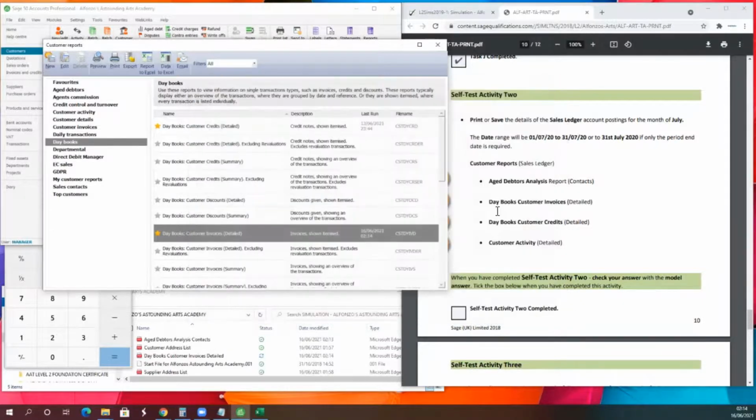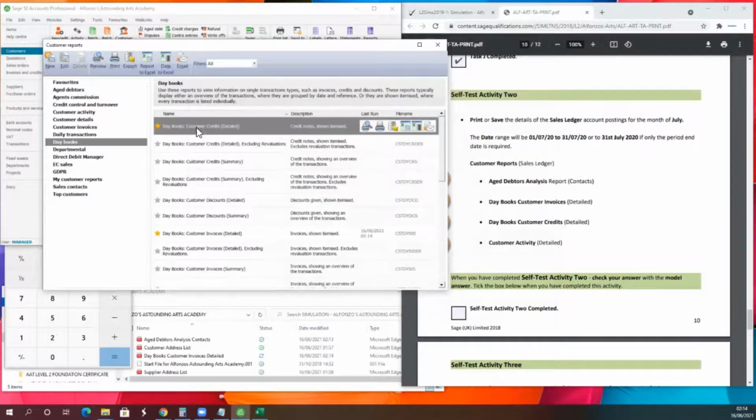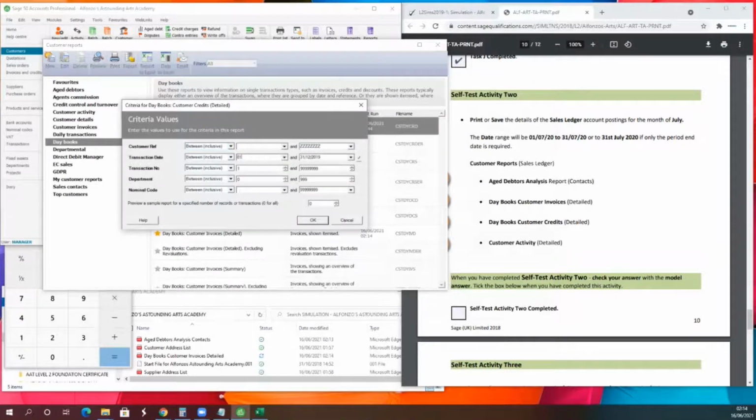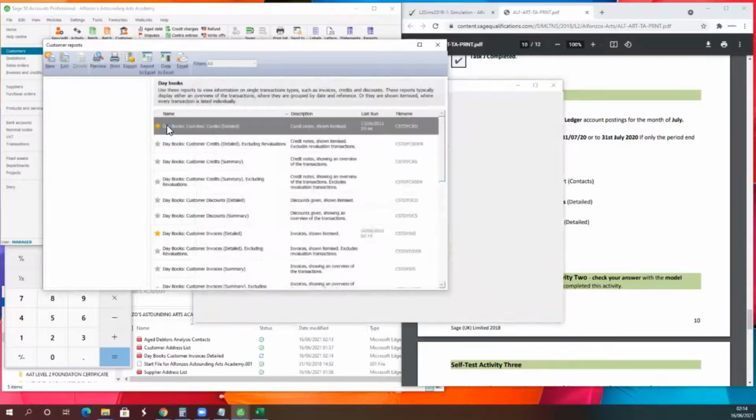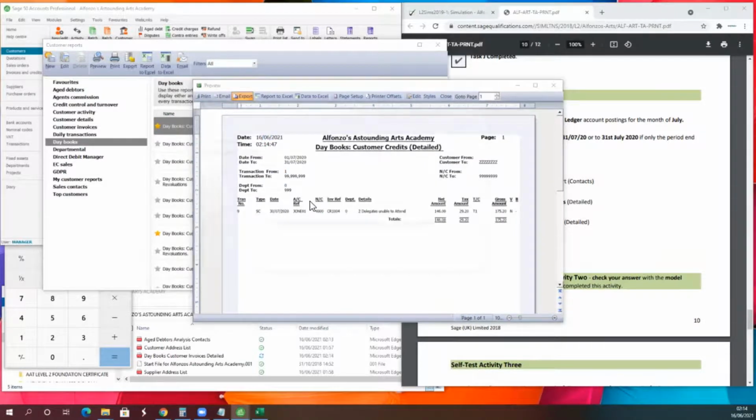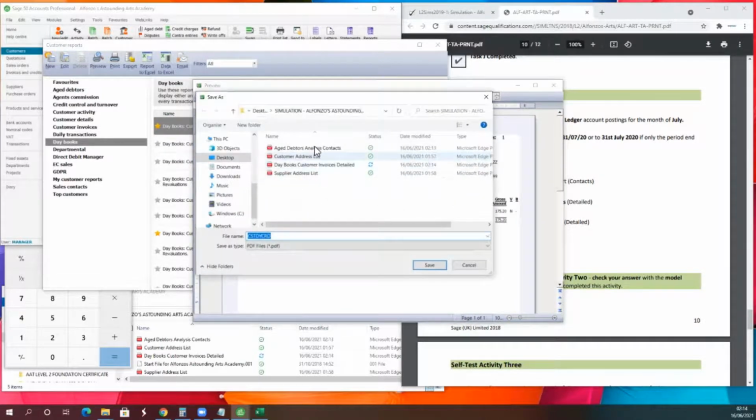And the next is the credits. These are the credit notes posted on the month. Date range is beginning of the month and end of the month. This is daybooks, customer credit. Oops, just have to change this to credits. Okay. Save. Next is